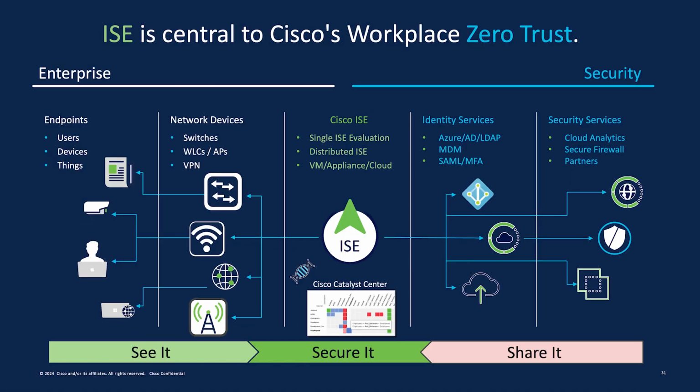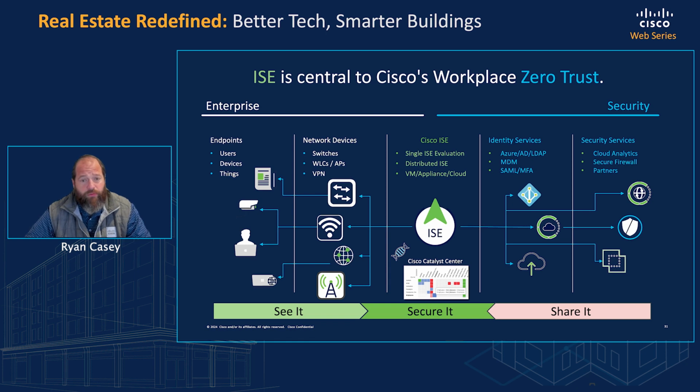Looking further into what is zero trust, let's take a look at what we have in front of us. On the left is our endpoints, whether they be users connecting via the enterprise infrastructure, guest users, or devices. So these are solutions such as lighting, HVAC, CCTV, and then things where we look at IoT end devices. Those could be temperature sensors or any type of sensors that we have in the environment. All of those edge devices connect up through the networking infrastructure, whether it be wired or wireless, and then through Identity Services Engine to be profiled and to have the policies applied to those particular edge devices.